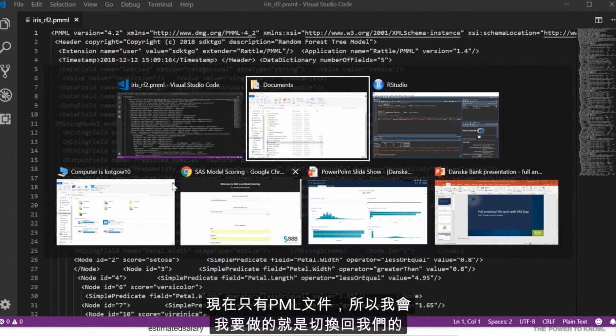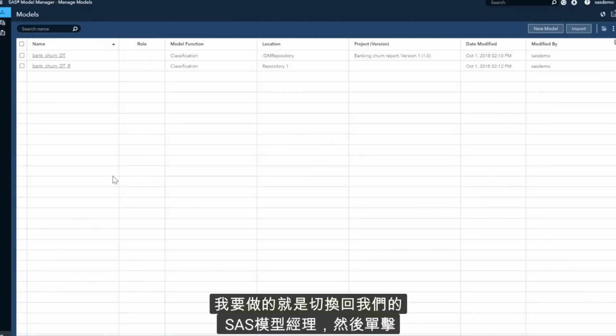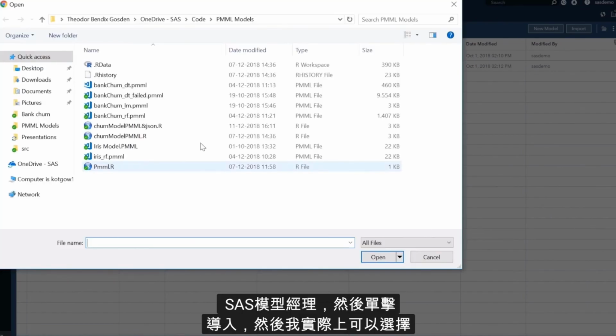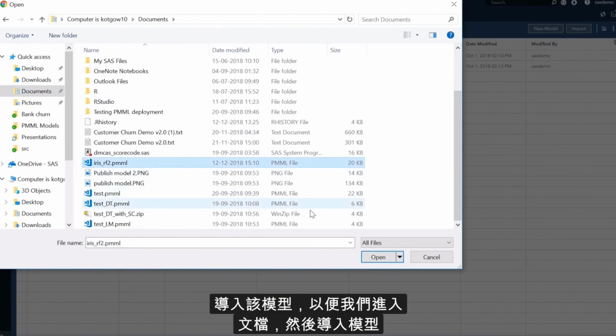So what I'll be doing is I'll be switching back into our SAS model manager, and then I'll click import. And then I can actually choose to import that model. So we'll just go into documents and then import the model we just